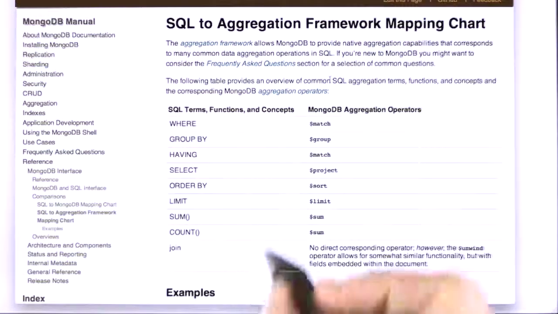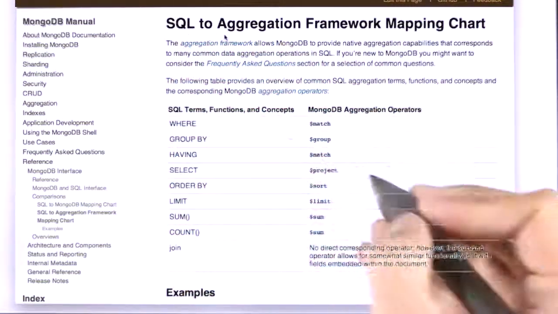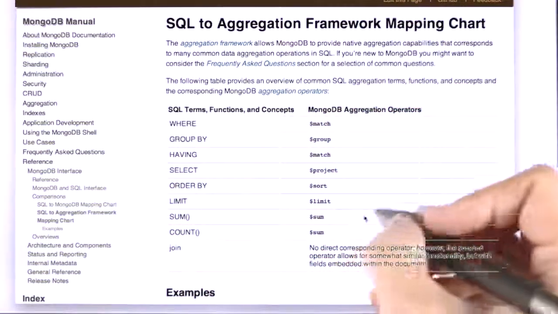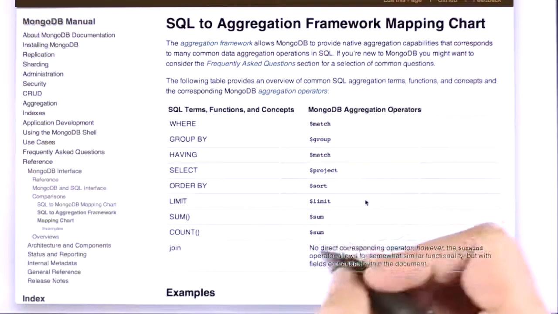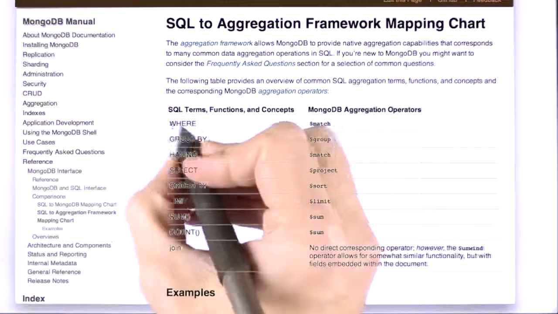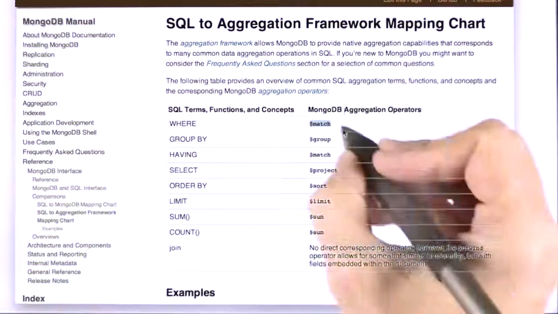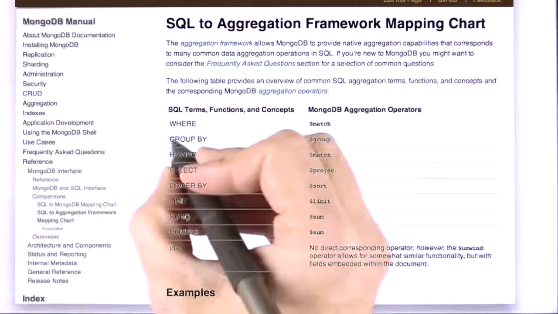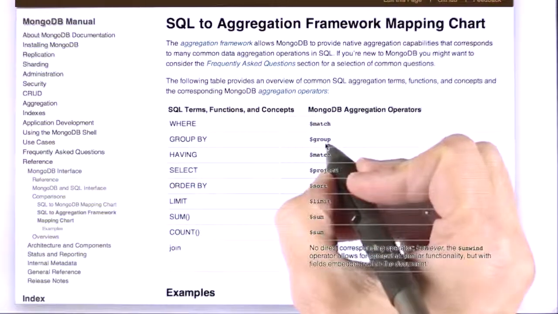Now that you've gone through the aggregation framework, you should have a better understanding, especially if you come from the SQL world, how the pieces of the aggregation framework map to what exists in MongoDB. I think this is fairly obvious once we've done it, but I want to take you through it. The where clause that you might see in SQL is equivalent to the match clause in a match phase of an aggregation. When you group by something in SQL, that's equivalent to using the group phase of the pipeline in